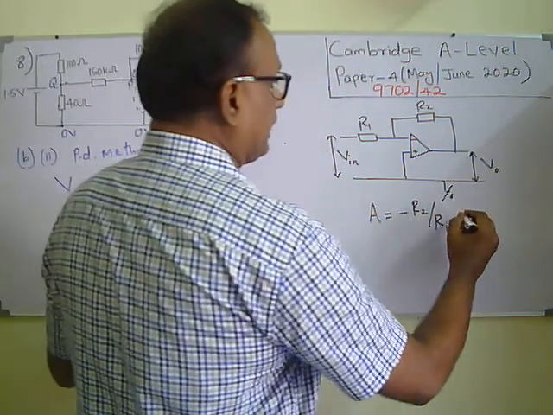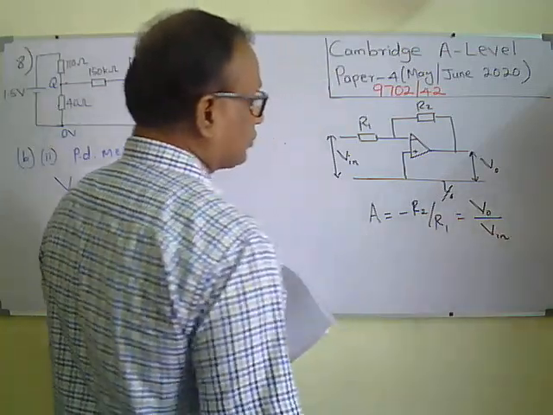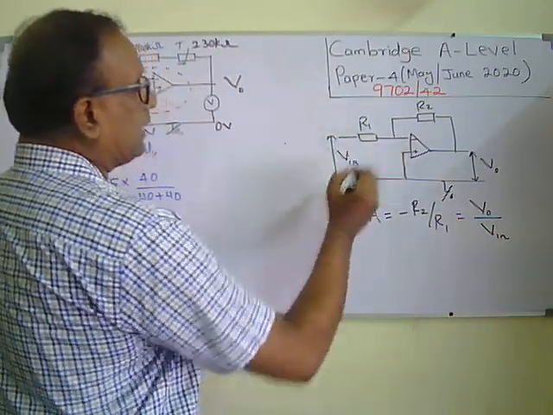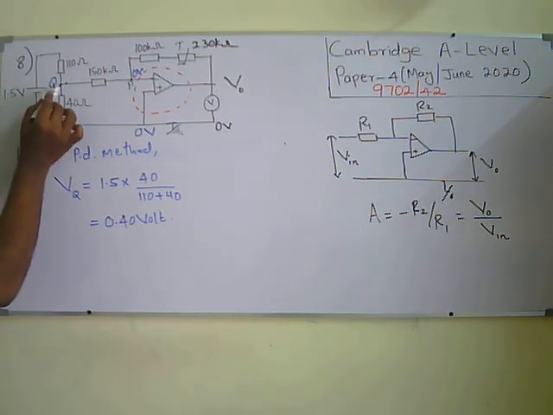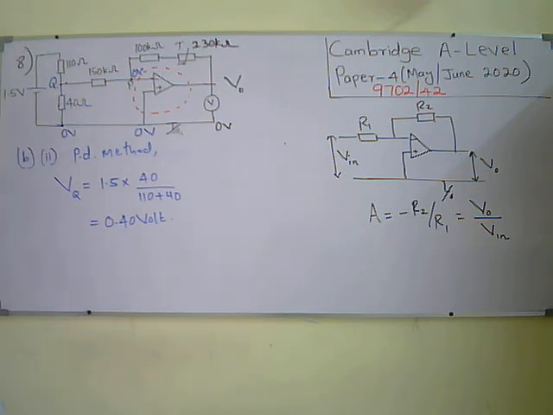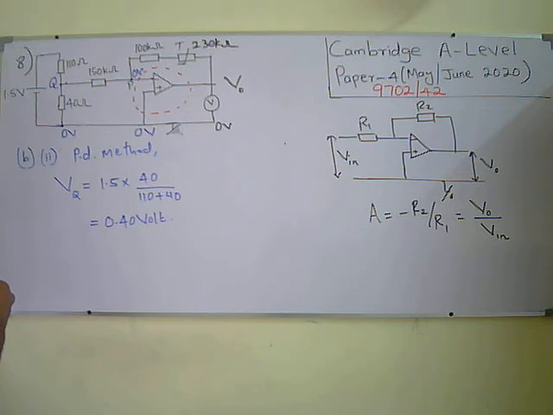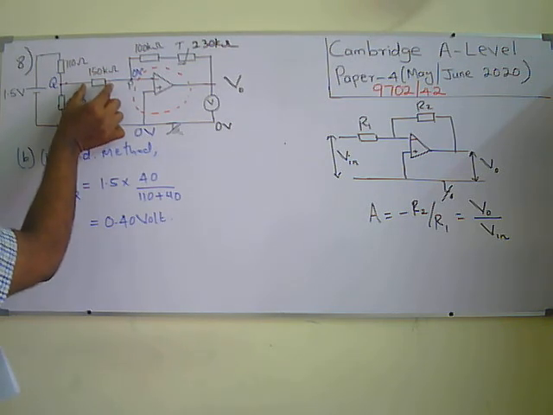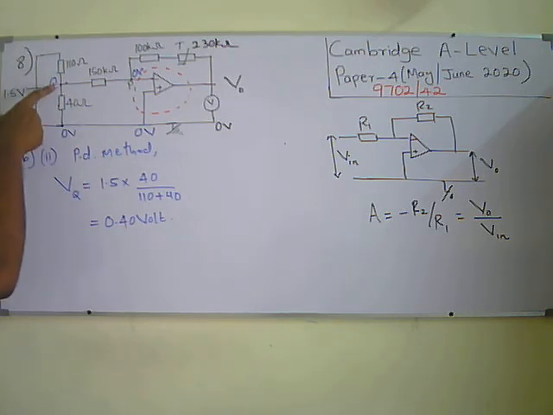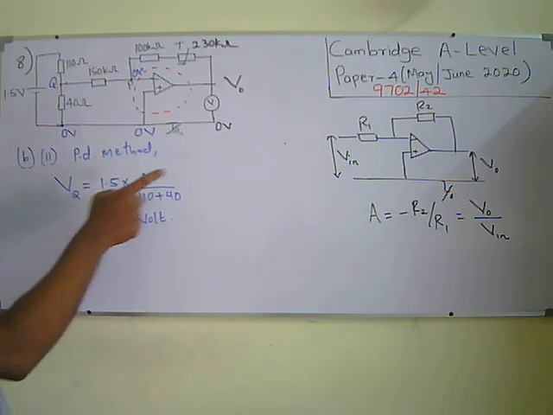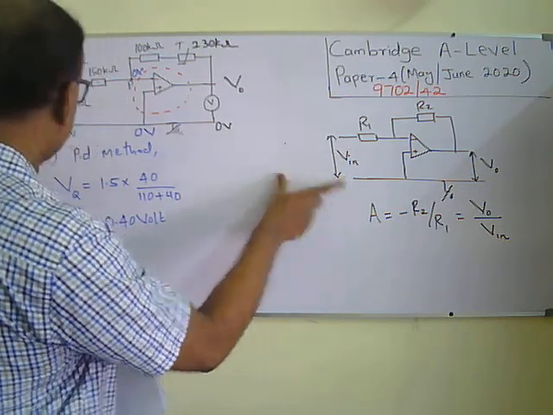So this is the gain. Gain means output voltage over input voltage. The input voltage is applied across the inverting input. So here also the input voltage is applied from Q, right? Q is the input voltage applied. Here the voltage is zero, right? Here this is R1. You can imagine 150 kilo ohm as R1. So I can replace these parts, though it's not necessary because I know the voltage at Q. That is the voltage we consider here as V in. This is zero. Here this is zero.